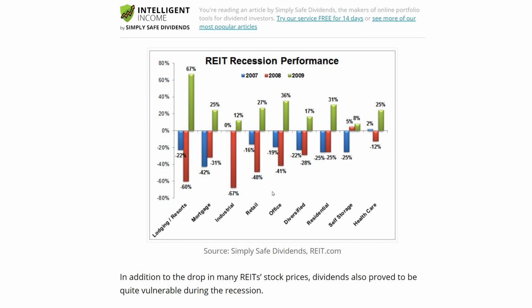At least it is with me, when I think of real estate investment trusts, I typically first think about shopping centers and malls. I think it's just what we're exposed to, and it also depends on where you live. But the retail sector was hit pretty hard. Not as hard as others, but it was hit hard. Offices, diversified. It's a real estate investment trust that has their foot in different areas. They might be in lodging, they might be in office buildings, they might be in industrials. So diversified sector. Residential, also impacted, but not as severe as the others here on the left.